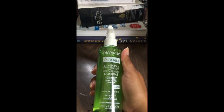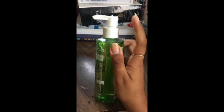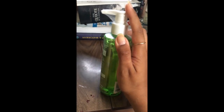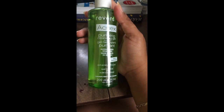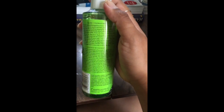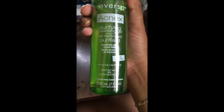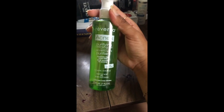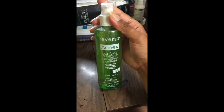So in this case, I went to the PGC and purchased some different goodies from Reversa that I was going to incorporate into the skincare routine. For the cleansing part, we're going with the Acne-Purifying Cleansing Gel that we are seeing right here. As you see, it's sealed, so this is brand new. It has 2% salicylic acid. It's paraben free, and as I said, this is Reversa, so it's cruelty free, it has no soap, and it's alcohol free. Yes, we love that. This is the 200 milliliters, or 7 fluid ounces, and if I'm not mistaken, this retails for $23,